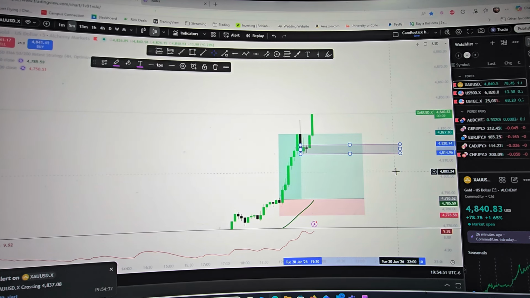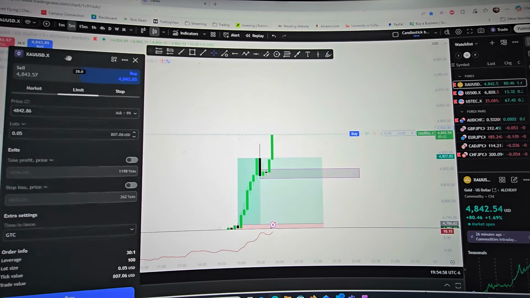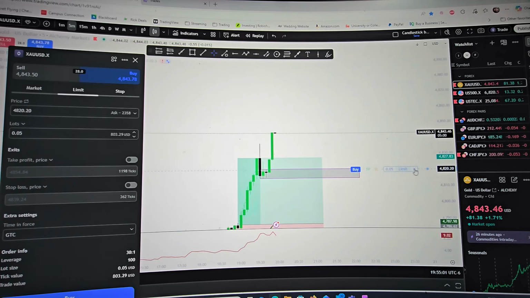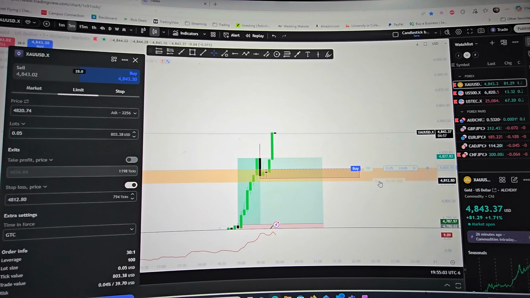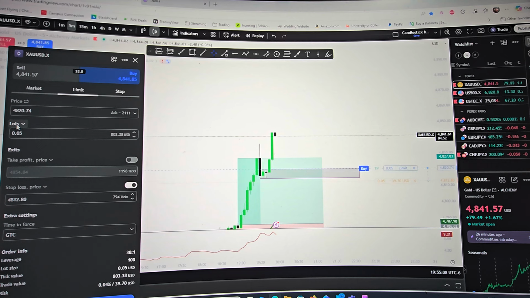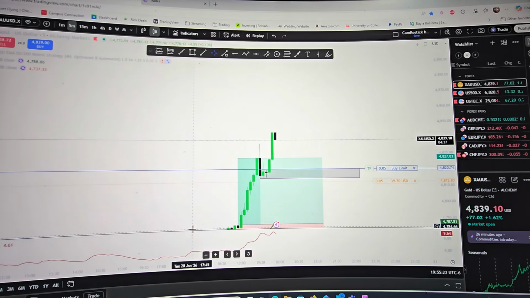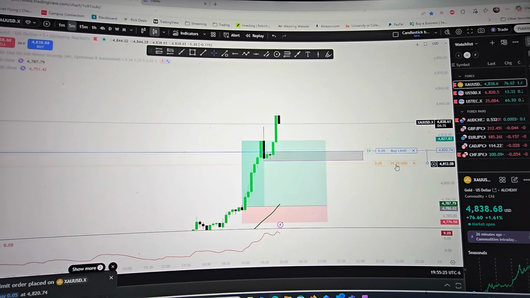So if you put a buy limit order here, put a stop loss here, and we want to risk a percent of balance, 1%. So we're risking $39 to see if